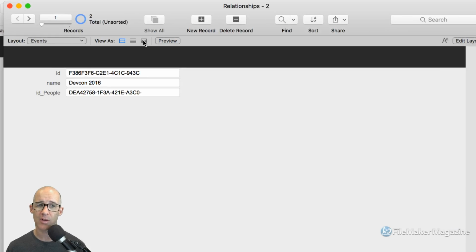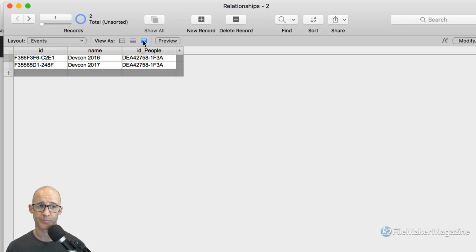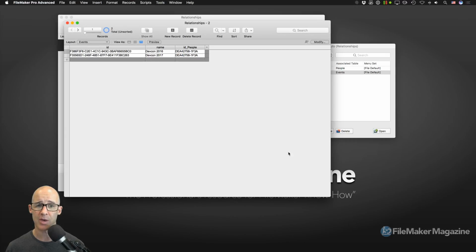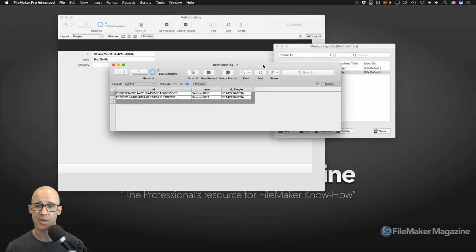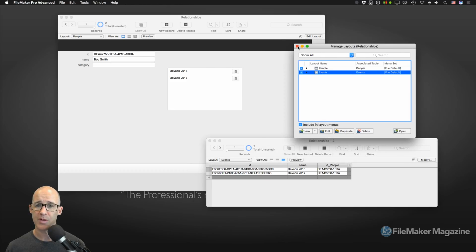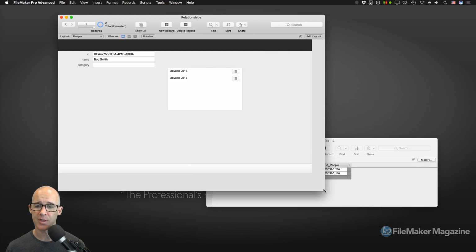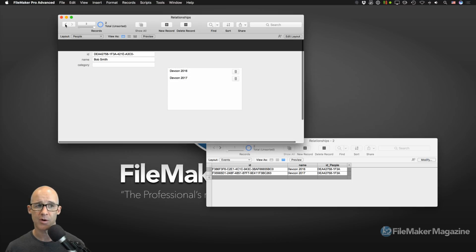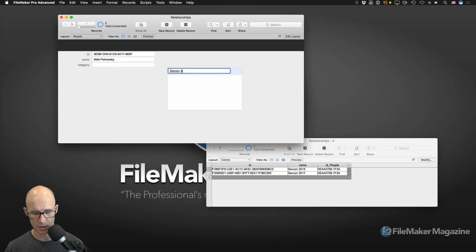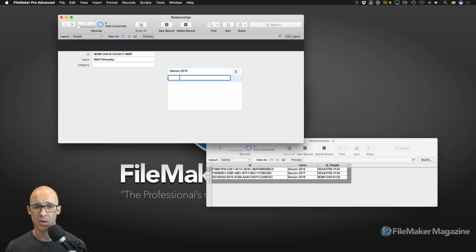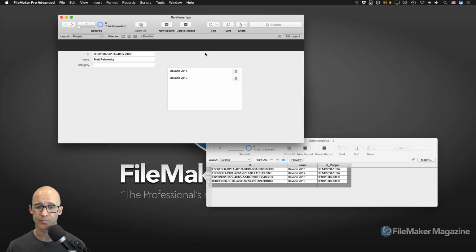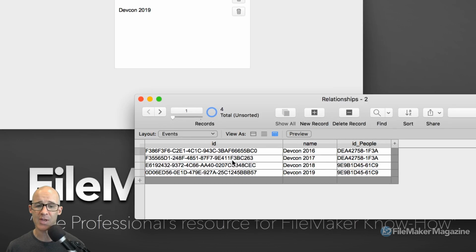I'm going to now click on the table view, which is going to allow me to see the data as it's being created. Perfect. That's what I want to see. All right, so that we don't get confused, I'm going to actually create some records on my records. So I'll put DevCon 2018, and then I'll put DevCon 2019. All right, so we can see the data was actually populated in the back,